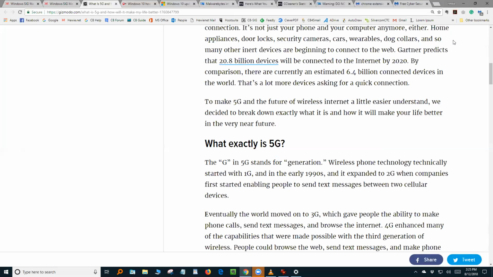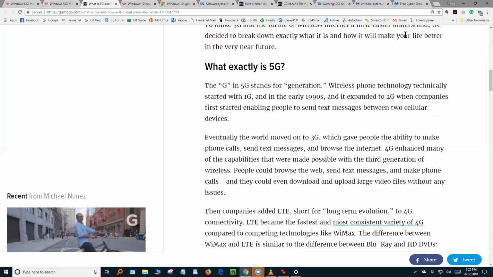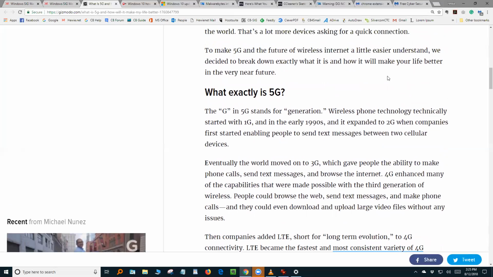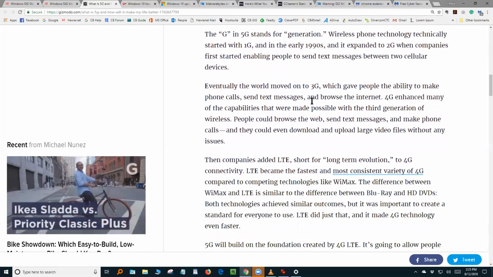That's incredible. To make 5G the future of wireless internet a little easier to understand, they broke it down exactly to what it is and how it'll make your life better. I'm not going to read this to you. It can get pretty boring. And some of you might not even be interested, except